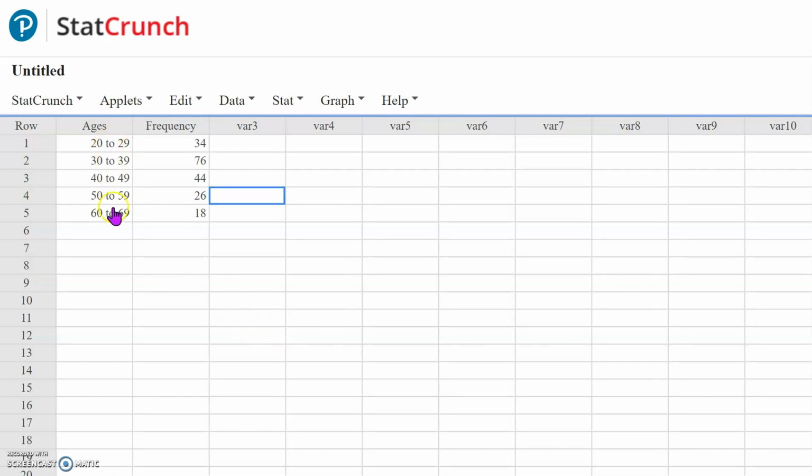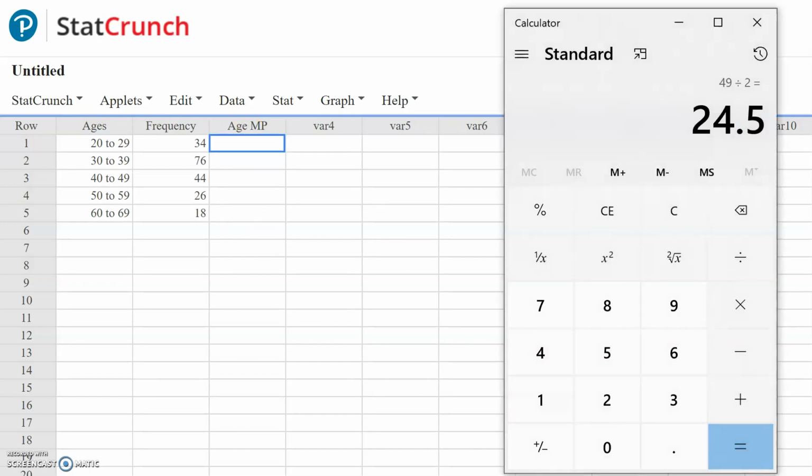Now, in order to make our frequency polygon, the first thing that we're going to need to do is compute the midpoint of each of these ranges, because on our frequency polygon, we want our points to be above that midpoint. So I'm going to put my midpoints, I'm just going to call it age MP for midpoint. I'm going to make a new column for that. Now, in order to find my midpoint, I need to find the mean